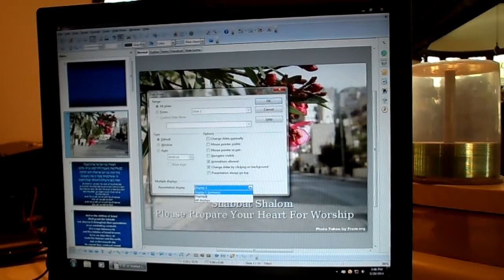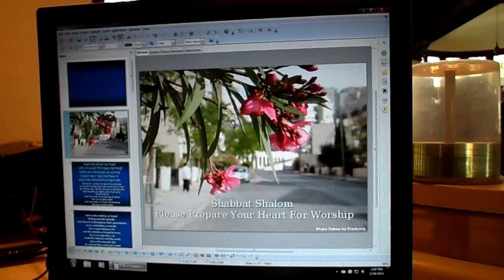If you have display 1 selected, that means that the slides are going to show up on the back computer screen, right back here where we are now, not out in the sanctuary. I'm just going to make sure it's on that right now. Click OK, and it should work. If not, the computer is broken and it's not how it's supposed to work at all. That should never ever